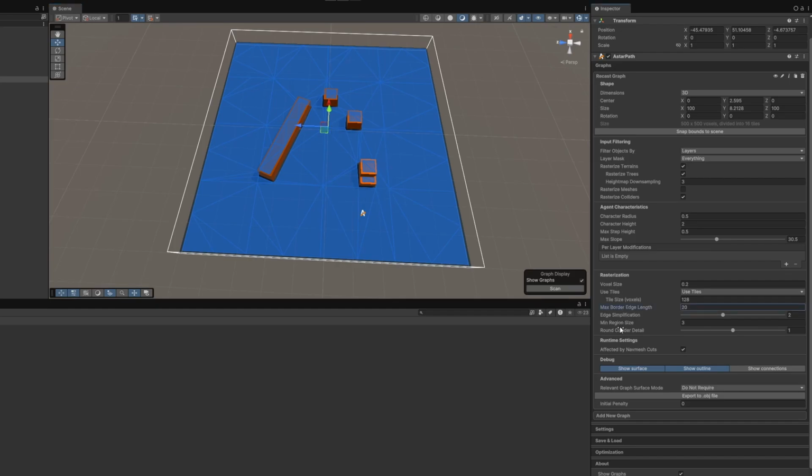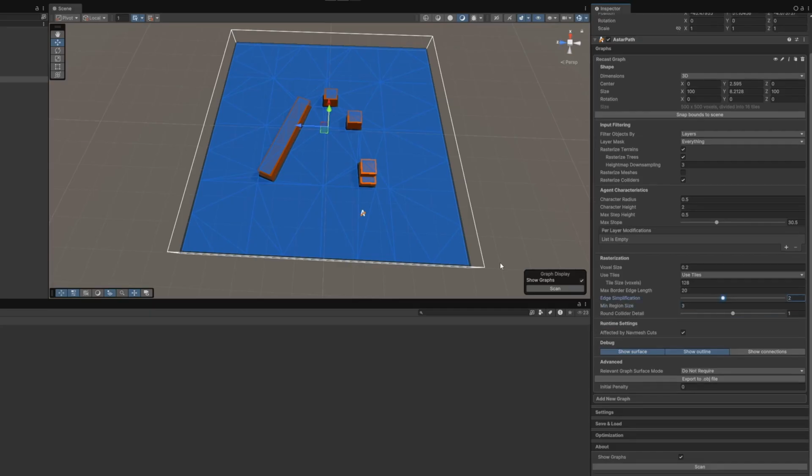The other settings you typically don't have to change at all, so I'll skip over them here, but you can always look them up in the documentation. And of course, there are also tooltips for each setting if you are curious. Alright, now we have a pretty decent graph, but we can make a few more adjustments to make it even